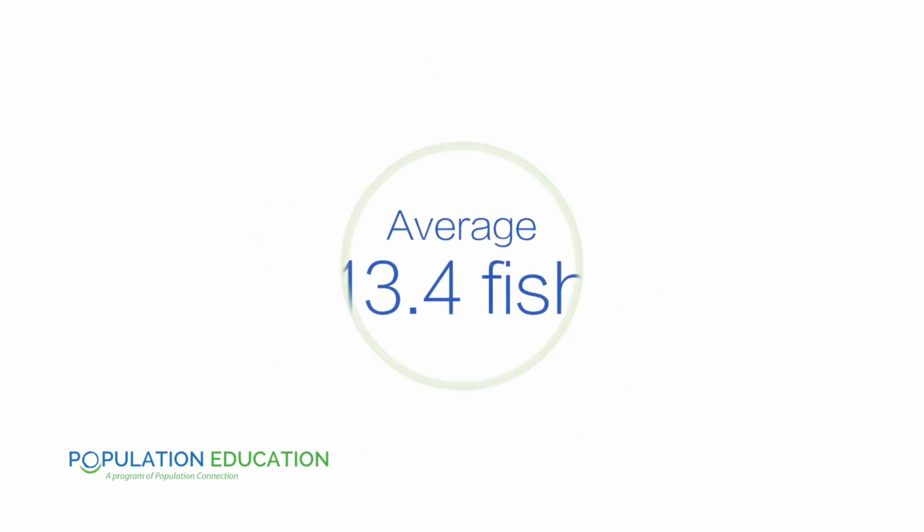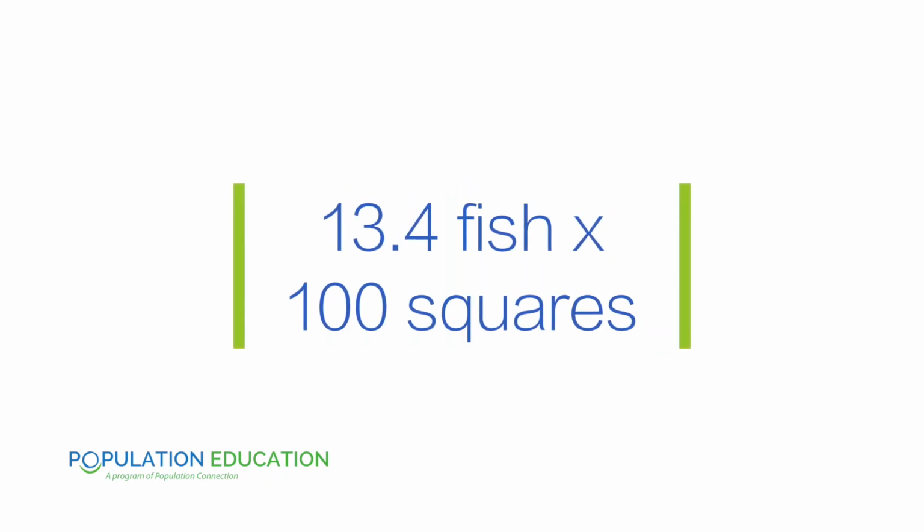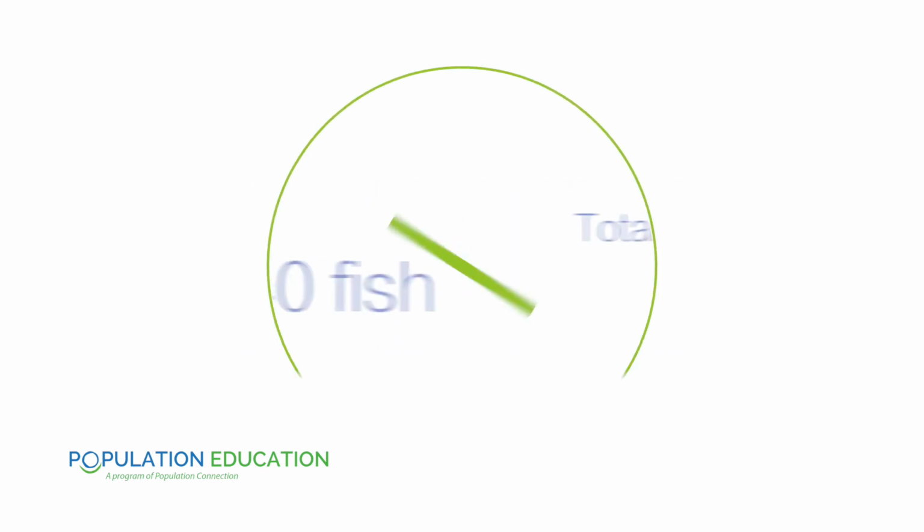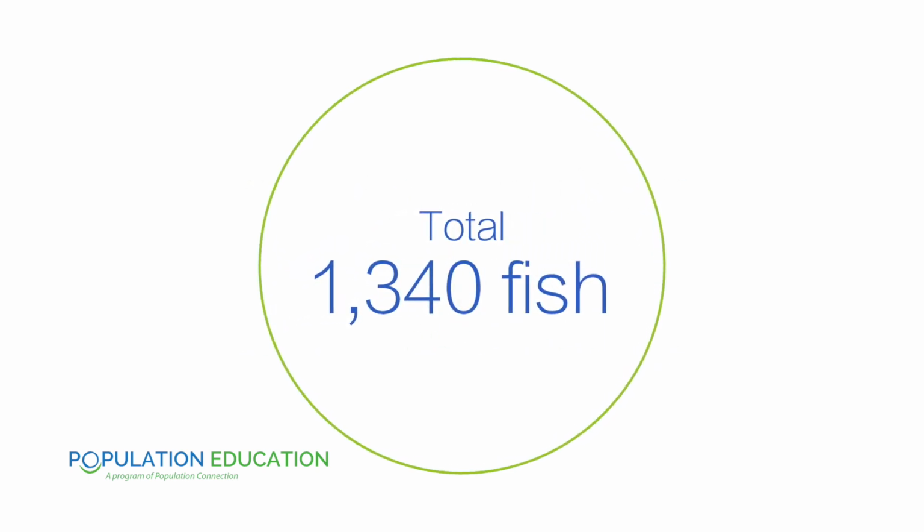Now, we'll ask students, how do we use that number to figure out the total number of fish on our grid? And of course, the students will suggest that we multiply that average per square by the number of squares on the grid, 100. When we do that, we get a total of 1,340 fish. So this is our estimate using the sampling method. Now, at this point, you'll want to refer students back to that original estimation list on the board and see how your estimates using sampling compare to your eyeball estimates.